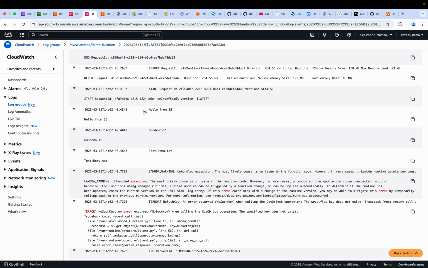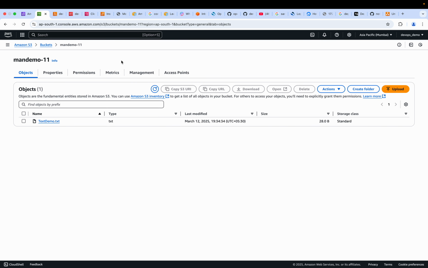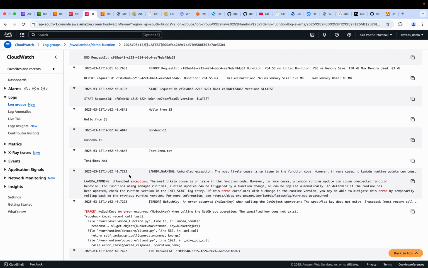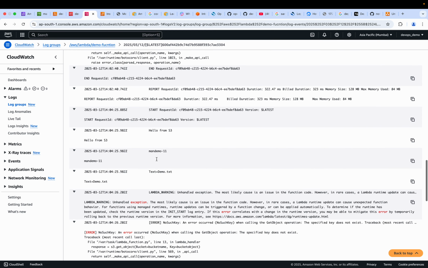Then it has printed the custom message hello from S3. Then your bucket name, man demo hyphen 11. If you see, this is the bucket name, man demo hyphen 11. Then you will see the message text plus demo.txt. It's coming from the object name, the file name itself, correct? That is there. Then if you get into more detail,